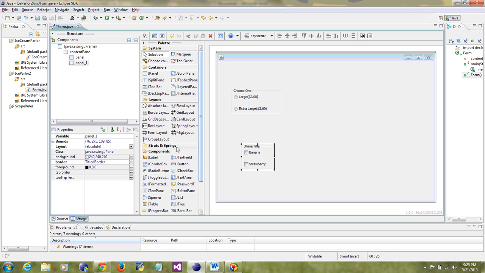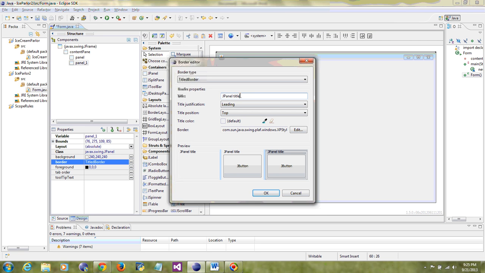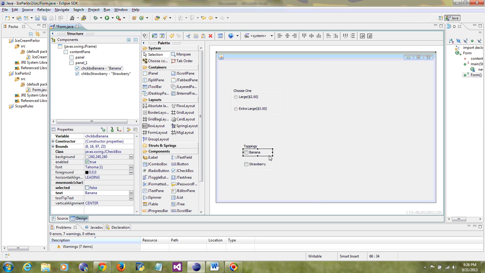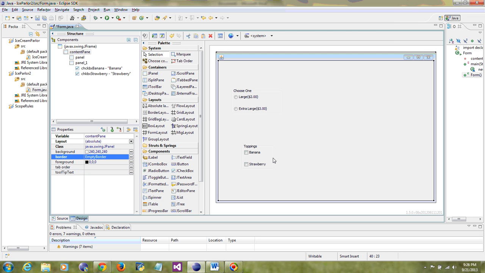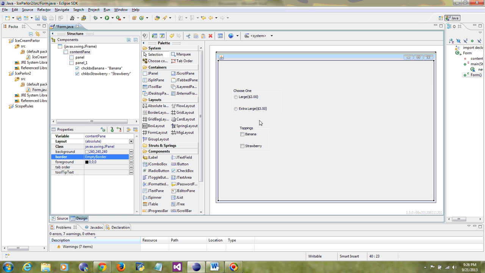And once again I go to the border and change this title to toppings, and user can pick as many toppings as they like. So just, actually don't have to double click, 1 is fine, and just say toppings. And then okay. Alright, so we got, so we should now run it. I can move it up just a little bit to make sure that all the texts we have put so